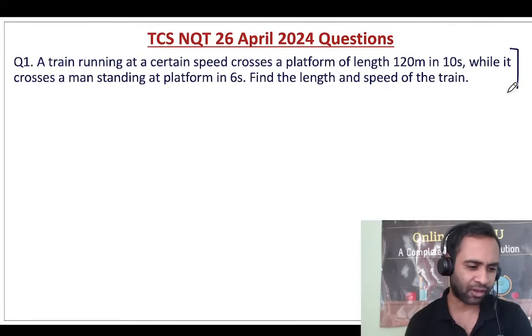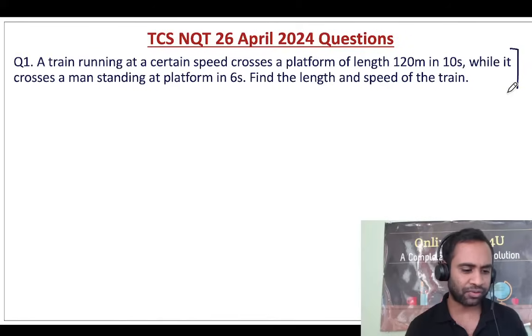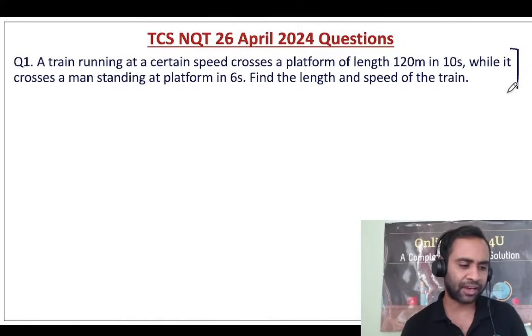What about the evening slot paper? See, if people are giving answers, I got too many compiler issues. For compiler issues, you can talk to Nitin sir when he is live.